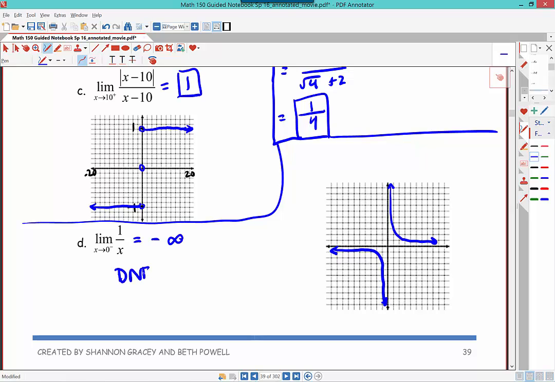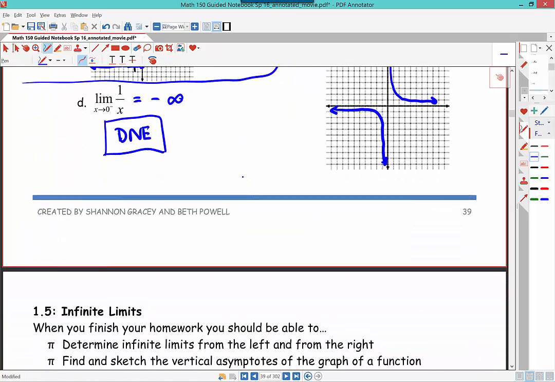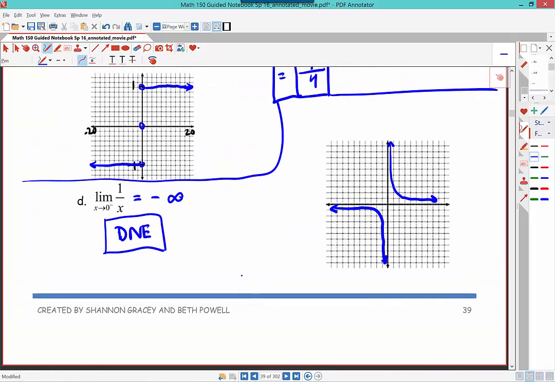Technically, it does not exist, but that gives us useful information about how the graph is behaving as we approach the vertical asymptote. Okay? So this is the official answer, but it's useful information to know if it goes to plus or minus infinity. All right, so the next section will be infinite limits, where we'll explore that idea more,